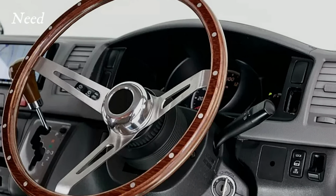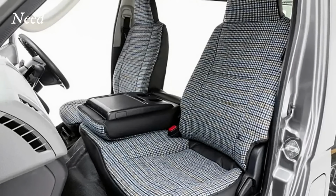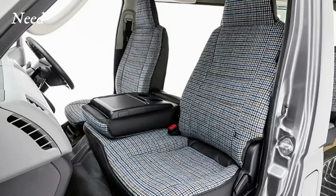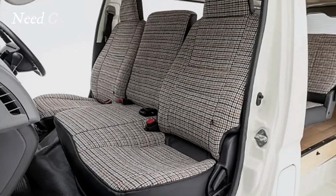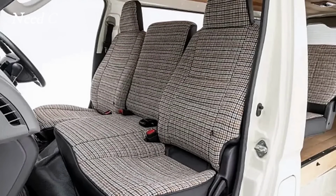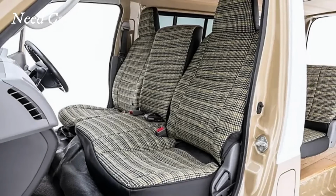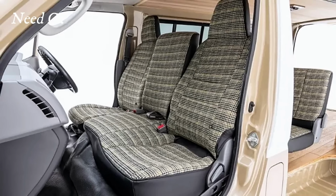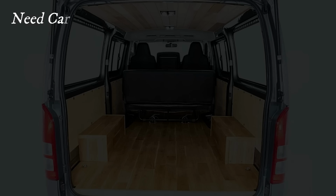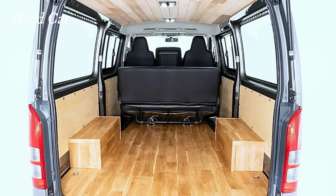The VW Transporter T3, also known as the Type 2 or Vanagon in some markets, was produced between 1979 and 1992. The T3 is beloved by fans for its boxy design, rear-mounted engine, and distinct character. However, despite its popularity, the T3 is now mostly a collector's item, making it a rarity on the roads today. For fans who want to capture that same vintage vibe but need something more modern and reliable, the Vanace provides